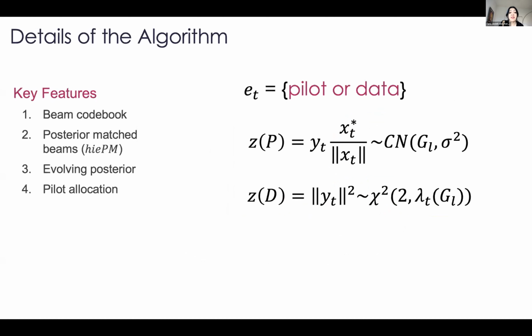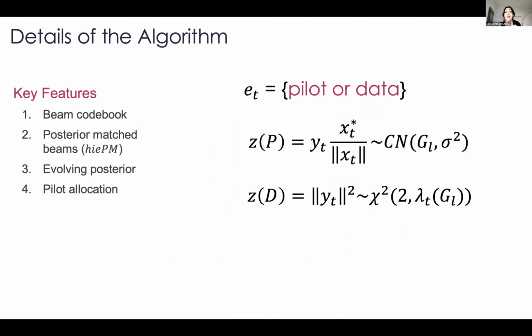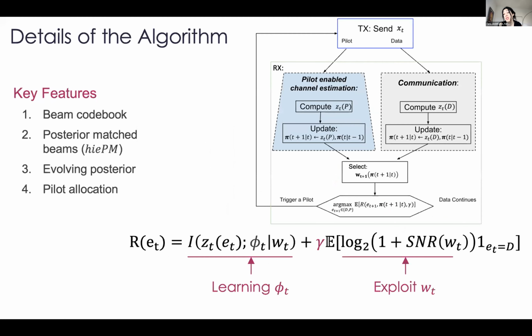Now, as I said, so far, this will give you a soft trade-off between sensing and communication. There is also a harder trade-off that is at your control, which is, should I transmit a pilot signal or a data signal? The benefit of a pilot signal is that it allows you to estimate better. You get a better SNR, versus a data symbol, on which all you can do is energy detection.